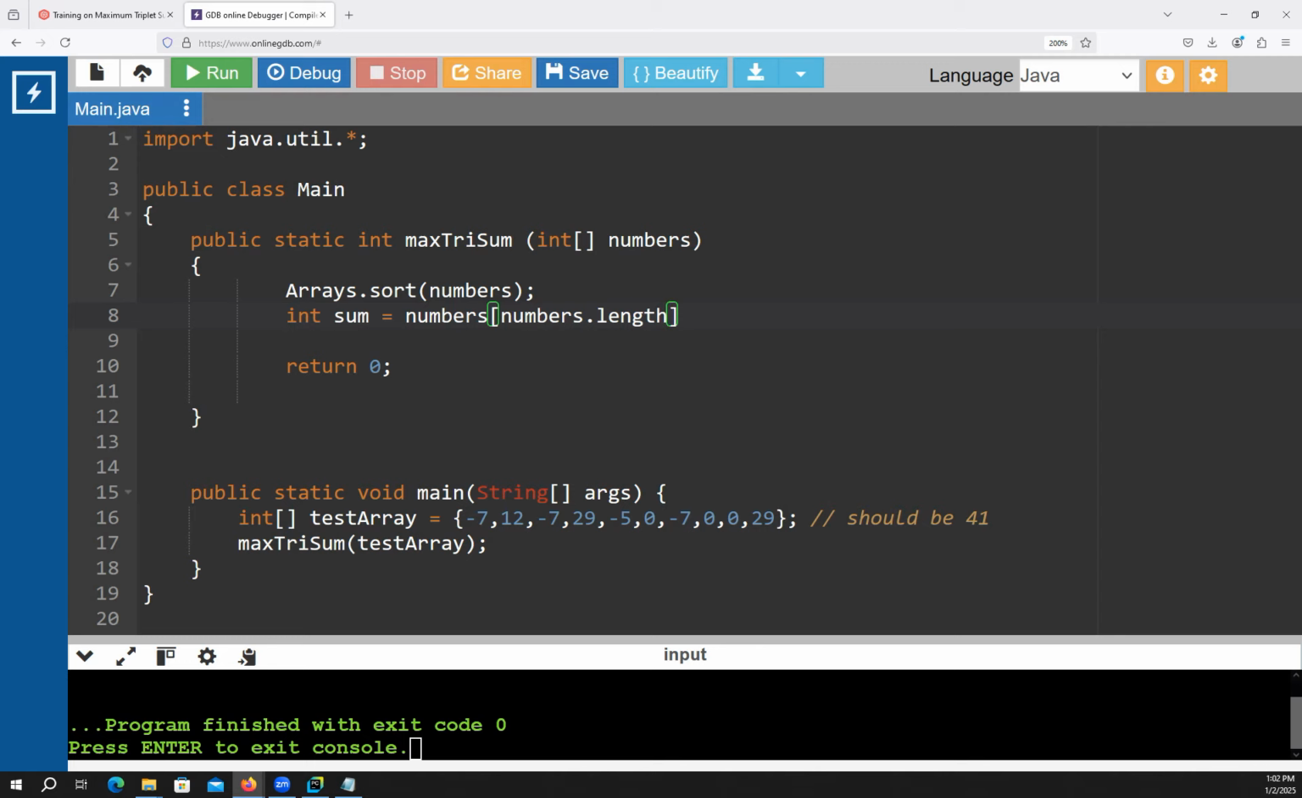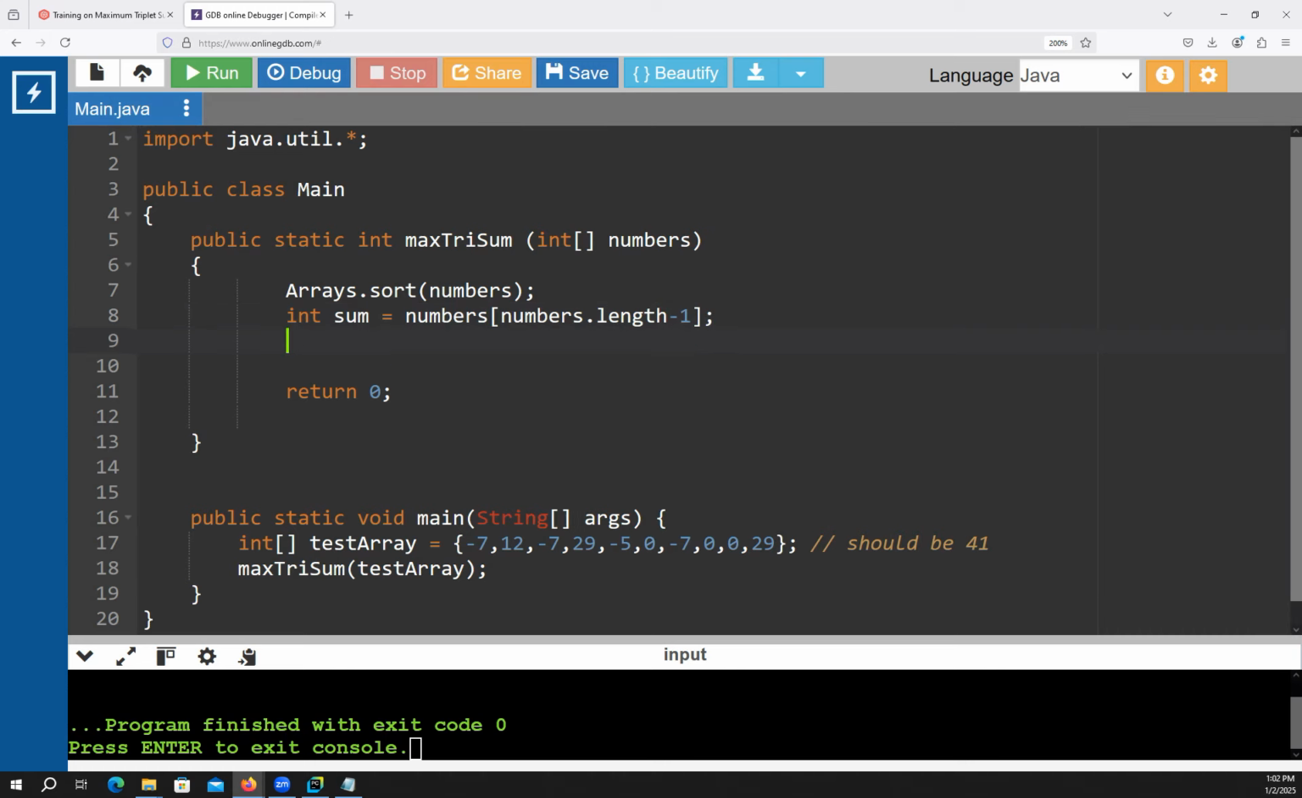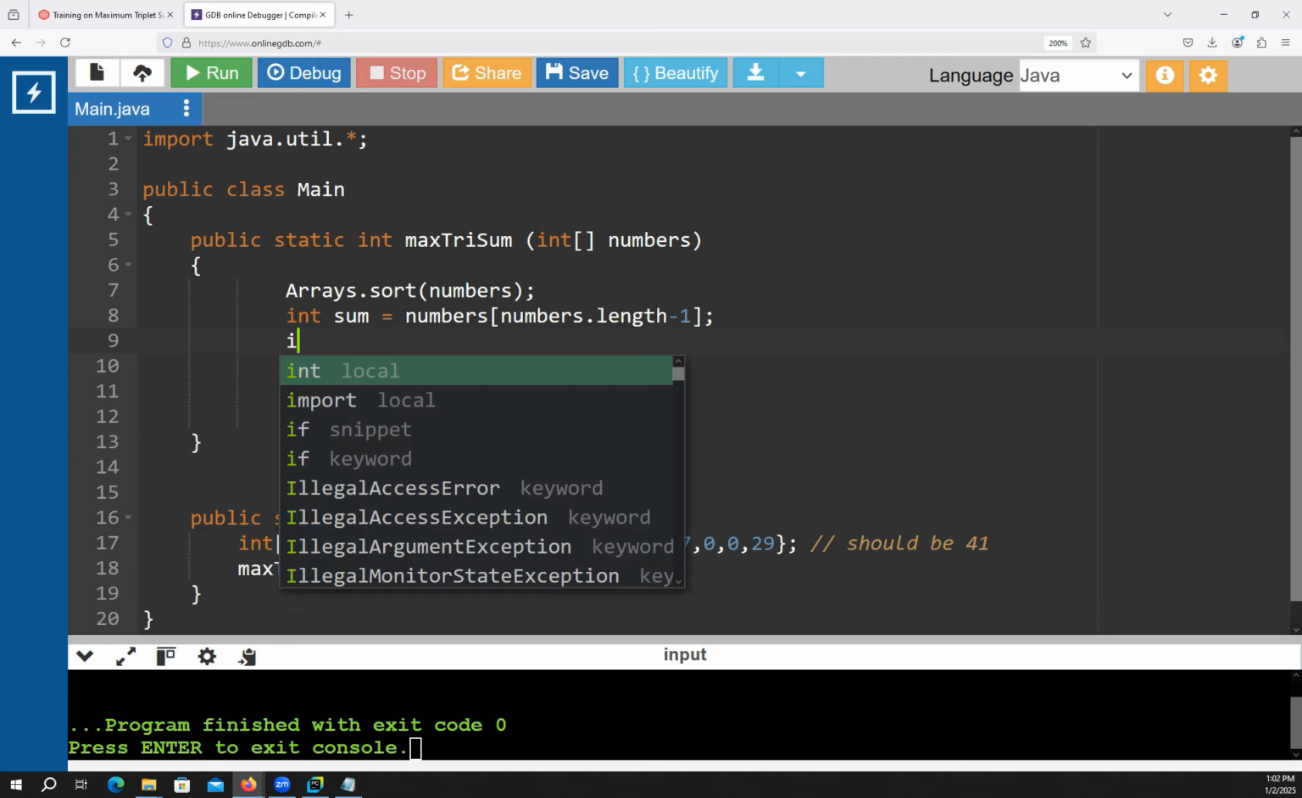Length, yes. Nope, that's not it. Minus 1 inside your parentheses. That's going to give me the value of the last element. And I'm going to